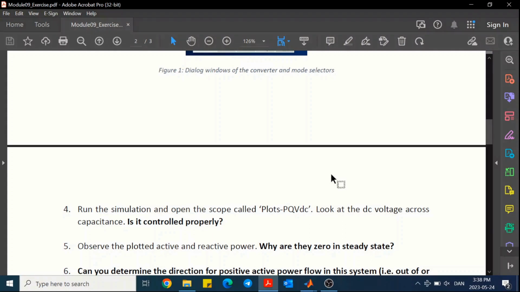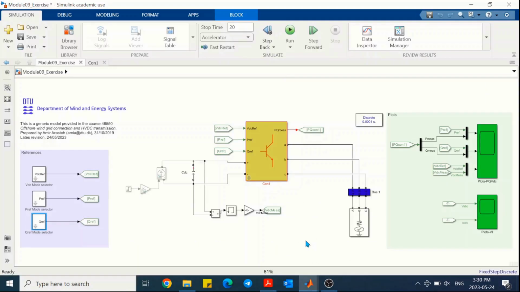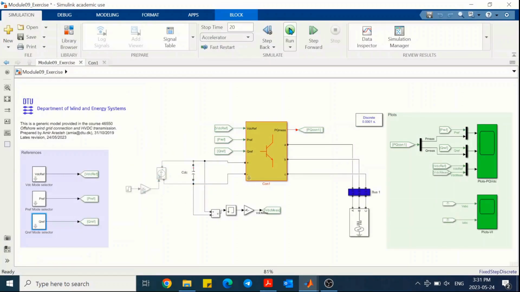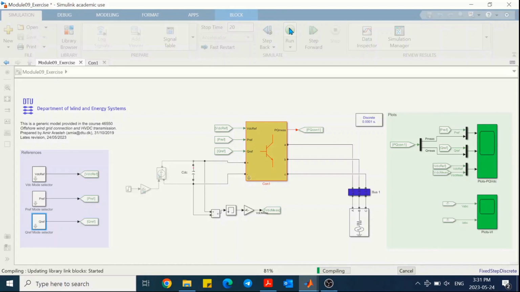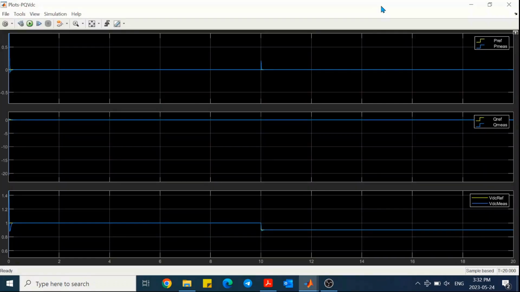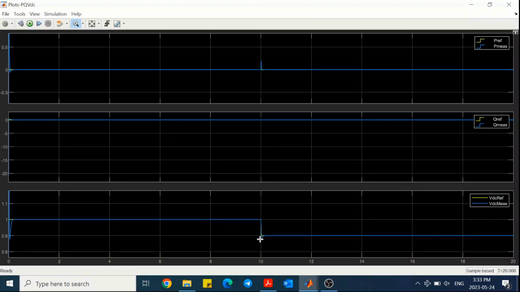If we look at the workspace, we can see that the parameter values are available in workspace because of the initialization from Simulink. I encourage you to look into the model properties of Simulink model to double check it. Now let's run the model. So it runs. We can open the scopes now to see the result. We observe a step in the DC voltage. If we zoom in, we can see the transient response of DC voltage controller and also other signals which are